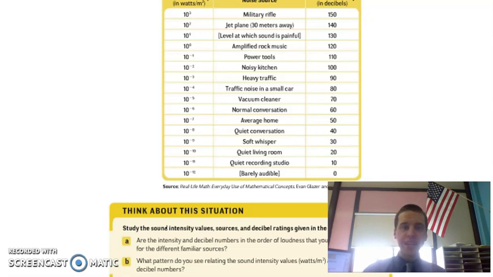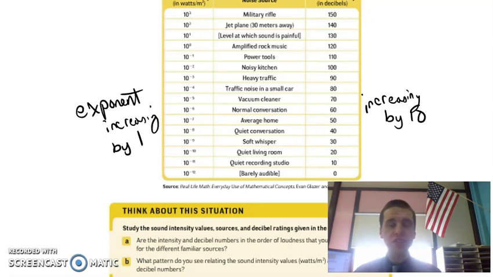And the idea is to think about the situation: are the intensity and decibel numbers in order of loudness that you would expect for the different familiar sources? And the answer should be yes, and I would expect you to pause this right now and figure out B, what patterns do you see relating to the sound intensity with the decibel? So pause it and see what you figure out. What pattern do you see? And so hopefully you saw that as the decibels increased by 10, the intensity, the exponent of the intensity, increased